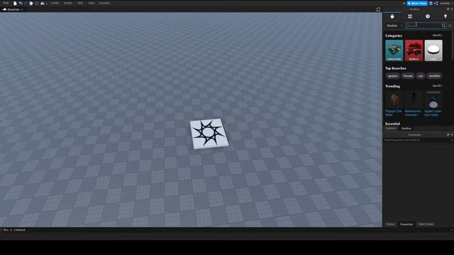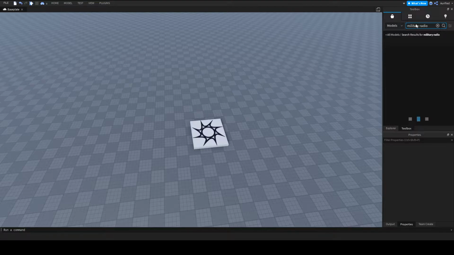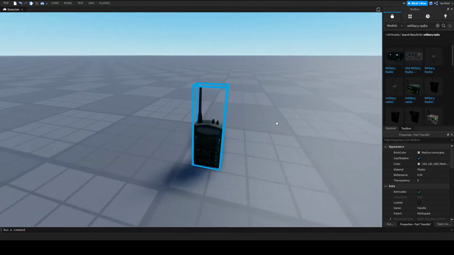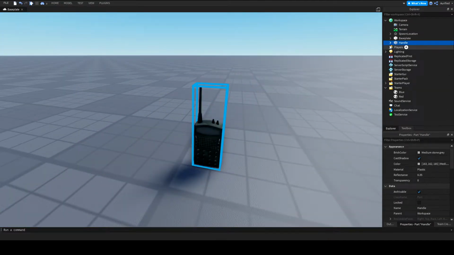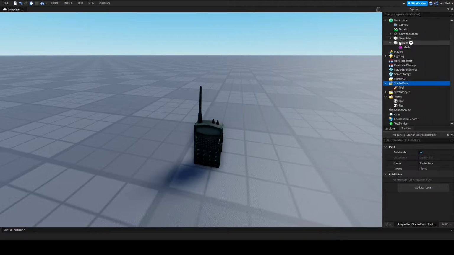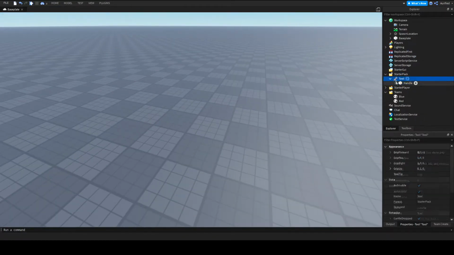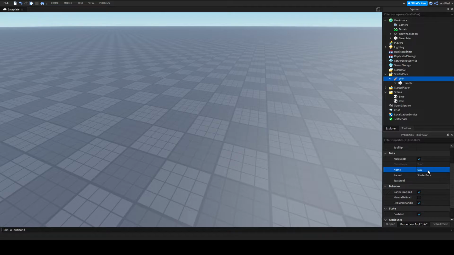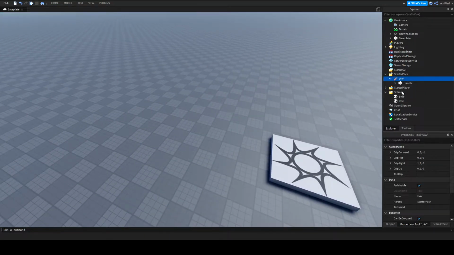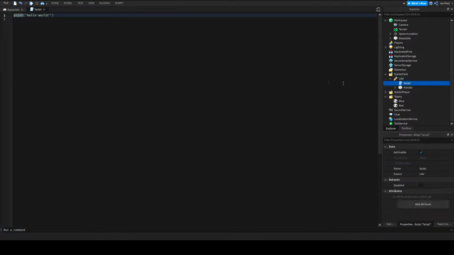So I'm just going to look up military radio. Alright, this looks good. I'm going to open it, destroy anything that I do not need, and I'm going to unanchor this. Then I'm going to add a tool and move the handle into the tool, and I'm going to rename this UAV. Alright, so now I'm going to insert a server script or a regular script, and now I'm going to start